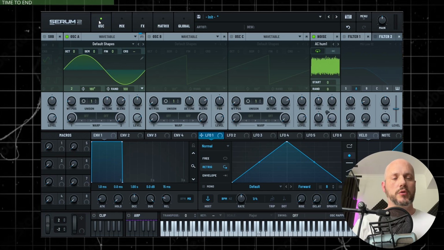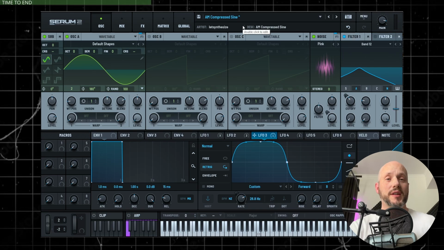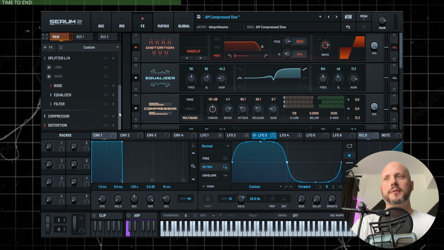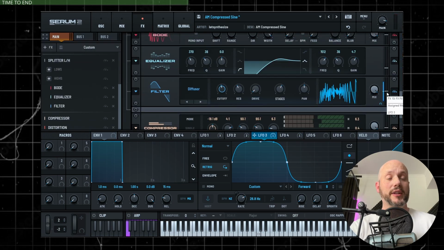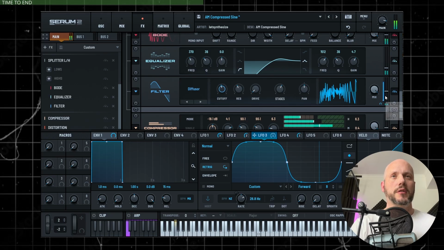without any distortion, compression, the oscillator vibrates the noise, and it's so cool because if you go higher on your keyboard, the frequency of the vibration changes too. For example, this preset that you can grab from my Patreon below. So nice textures, and the trick behind that is this splitter, where I modulate the level of the higher band of this splitter, this slider here, using LFO3,